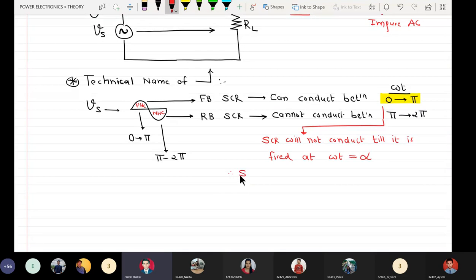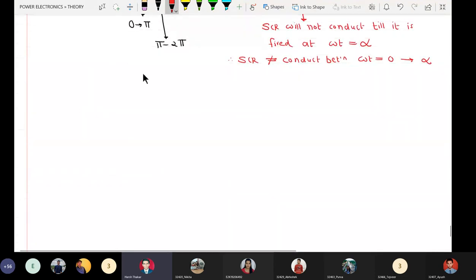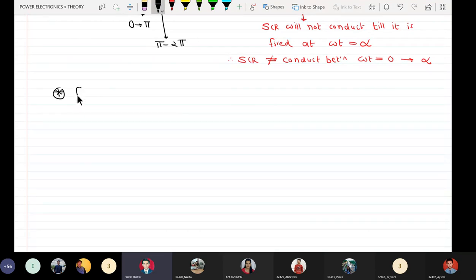Therefore, we can say the SCR will not conduct between omega t equal to 0 to alpha. So we can say the conduction periods in this circuit, or conduction intervals,